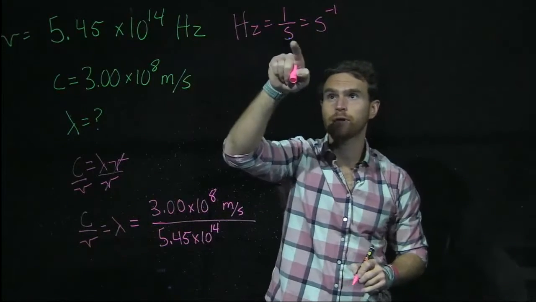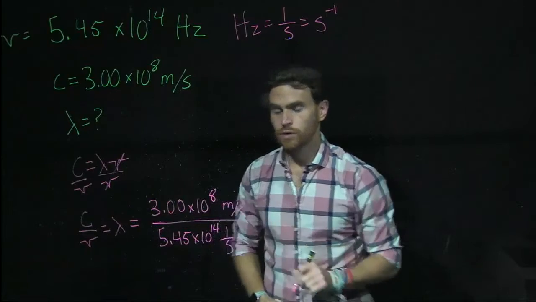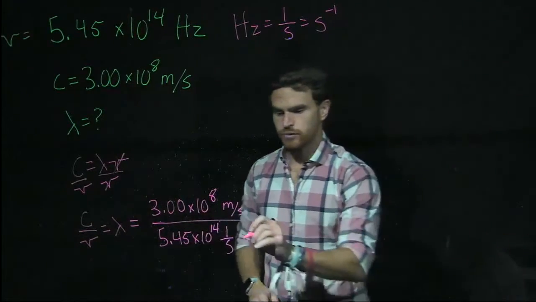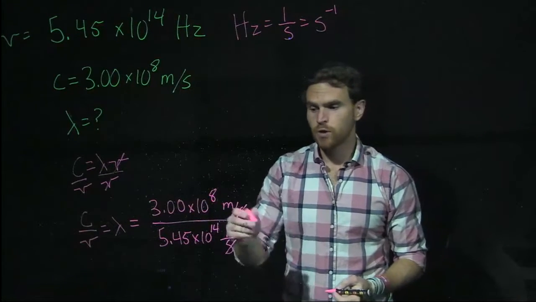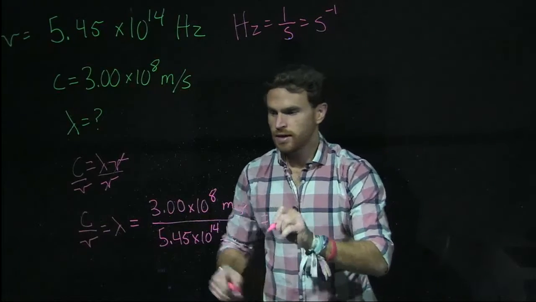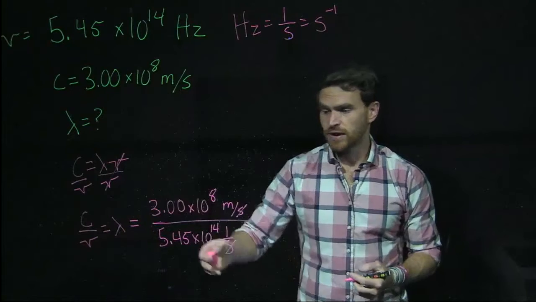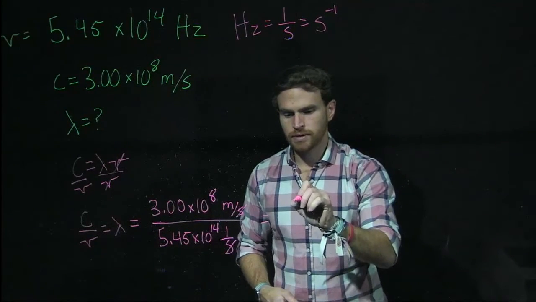Instead of writing hertz, I'm going to write 1/seconds because those are equivalent. And now you should see that these values cancel out the seconds units, and what you're left with is just meters. And if you plug these values into your calculator, you should get an answer that looks to be about